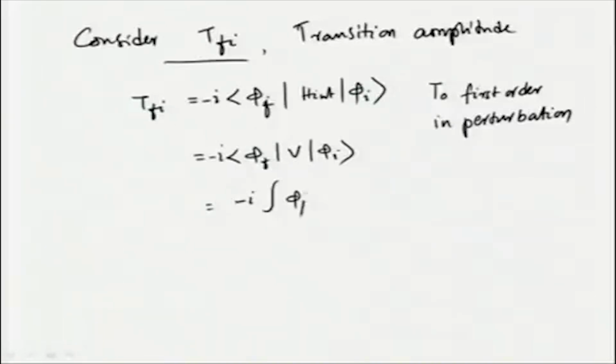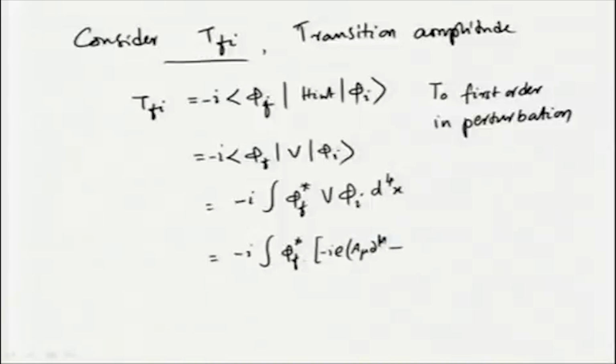So, I will take the position representation and write it as phi f star V phi I d4x. For the potential that we just now considered, we can write this as minus i integral phi f star and the potential, which is minus i e (a^mu ∂_mu + ∂_mu a^mu) plus